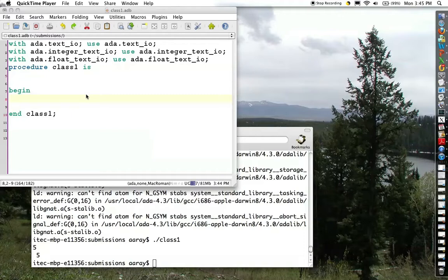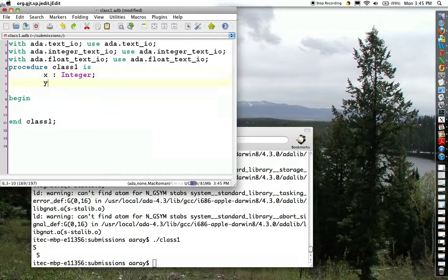This mini lecture in Ada is going to cover strings and input and output in Ada. Now, in the last lecture we saw how you can declare variables of different types, say integer, float, and so forth. The string type in Ada